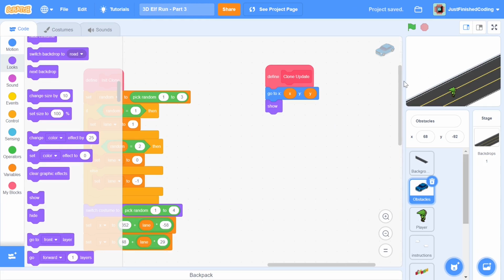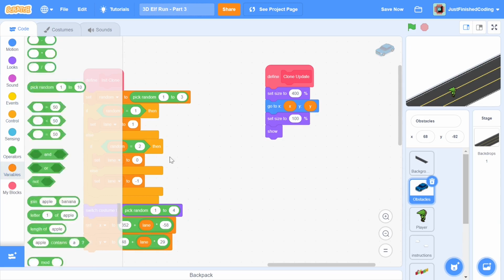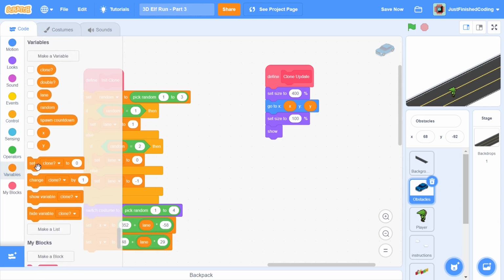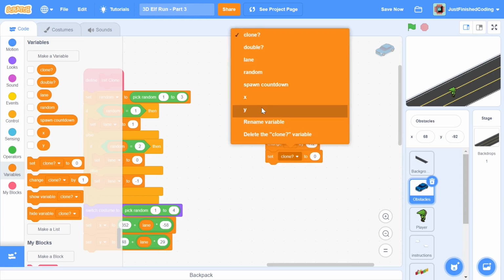And you saw in the background where it comes off the edge of a screen in a really, really ugly manner. So what we do to fix that is say set size to 400 here, and then we set the size back to 100. And after this we show, and once again we need to make sure that the cars are actually moving constantly. So we can change the X value by -12, and we can change the Y value by -6. So the cars are always going to move at a constant pace.